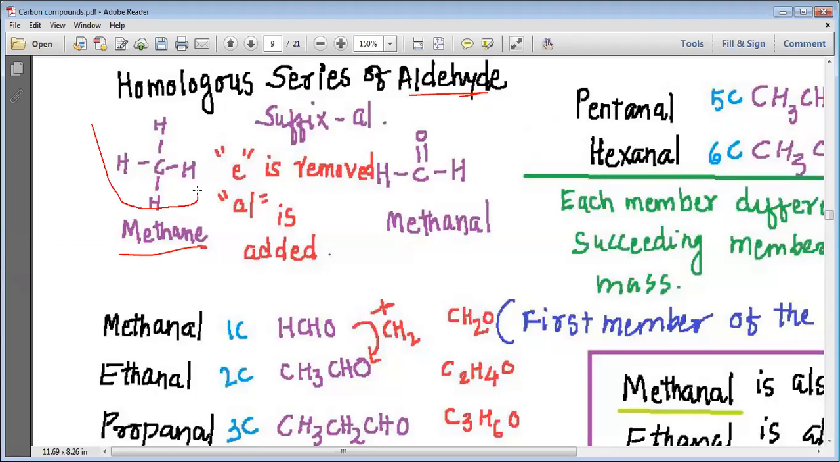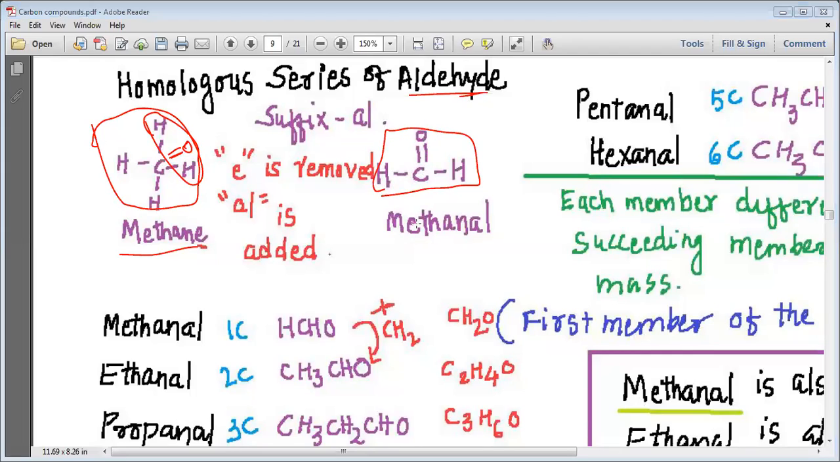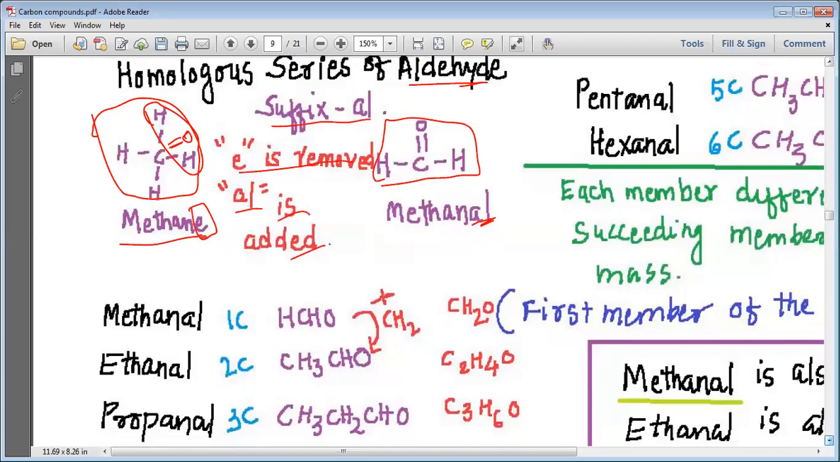If we take methane, which is CH4, what happens? You remove two hydrogens, and instead of these two hydrogens, you make a double bond between the carbon and the oxygen. This is how you can make methanal. You can see that two hydrogens are removed and one oxygen is bonded with two bonds to the carbon, and this is how we get methanal. From methane we have removed the E and added the suffix al. So the suffix for aldehyde is al, my dear students. E is removed and al is added, and this is how we understand the nomenclature